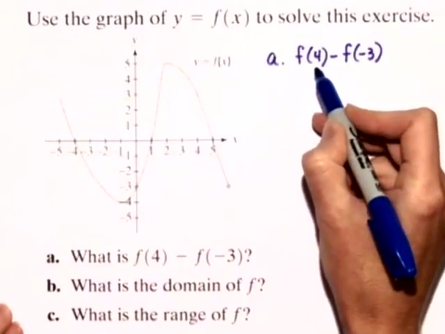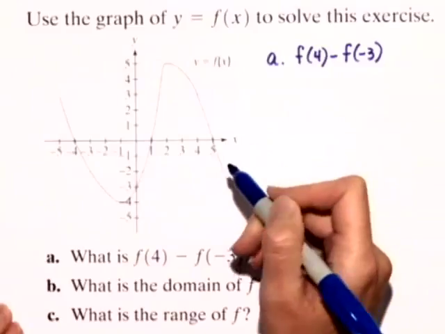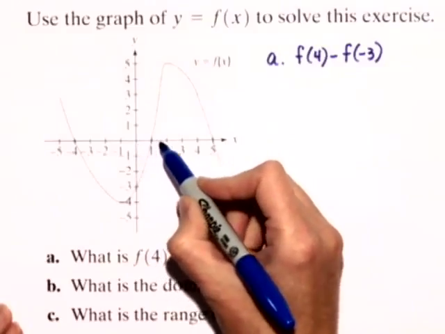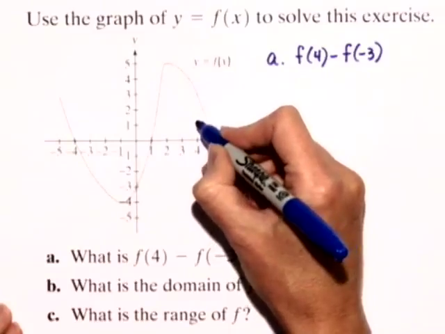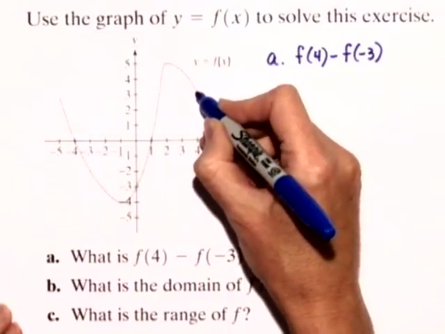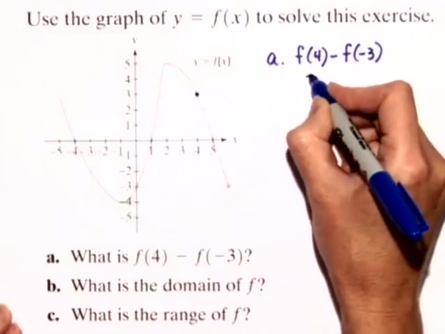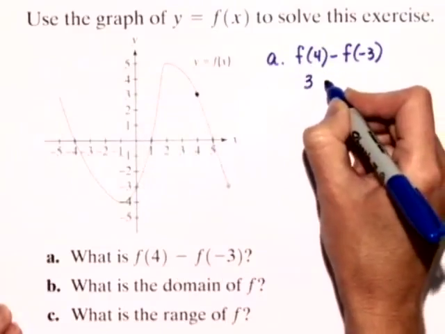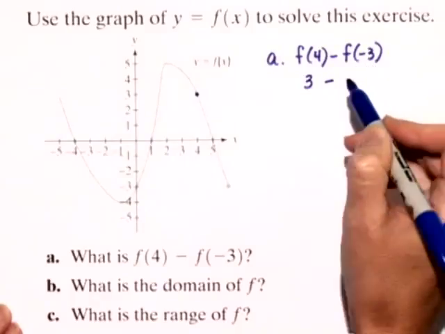Well, f of 4 really means we're looking for the y value or the function value when x is equal to 4. So f of 4 we can find on this graph by going to find when x is 4, and let's look and find the function value. And we can see the function value right there has a y value of 3. So f of 4 is equal to 3 minus,